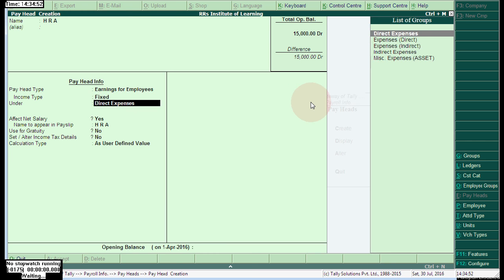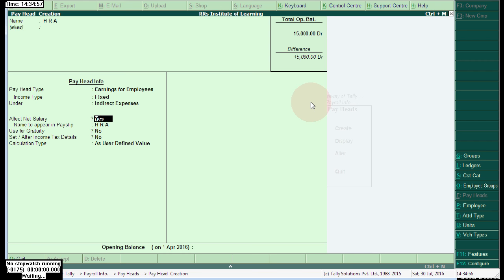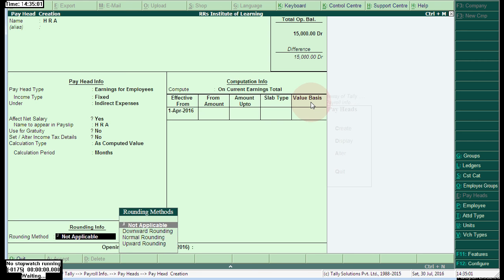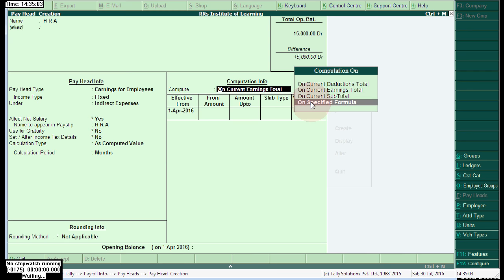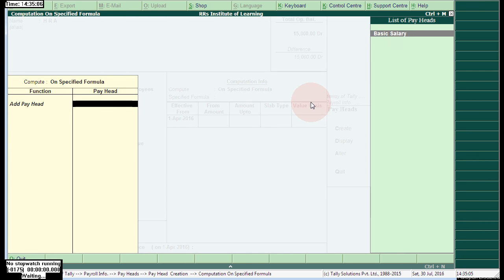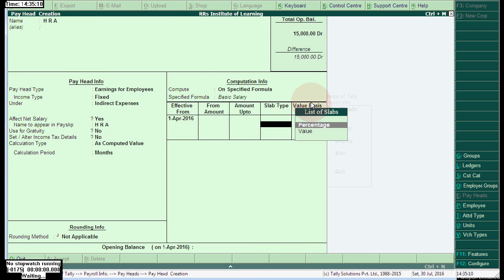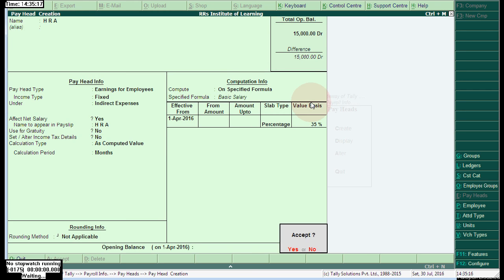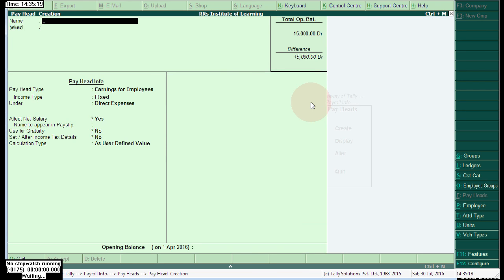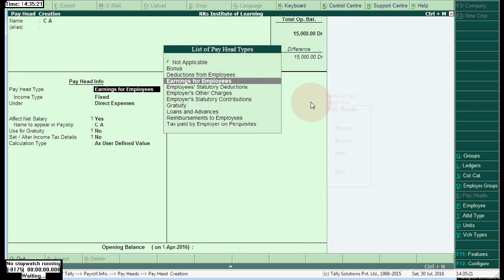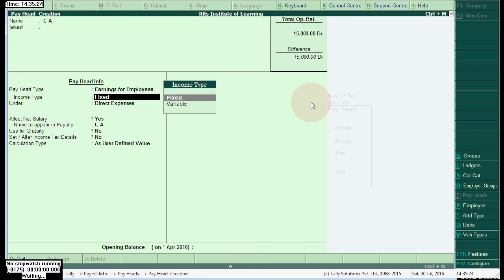It is fixed when he is joining in our company, on the basis of his designation, that is fixed for the specified employee. As computed value not applicable, choose as specified method and choose here it is dependent on basic salary. Here choose percentage. In case it is not dependent on percentage, choose